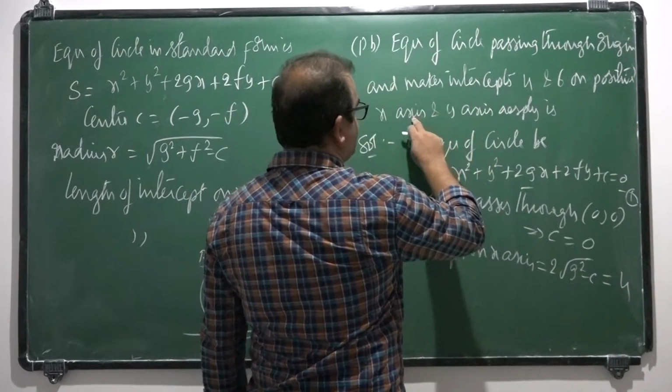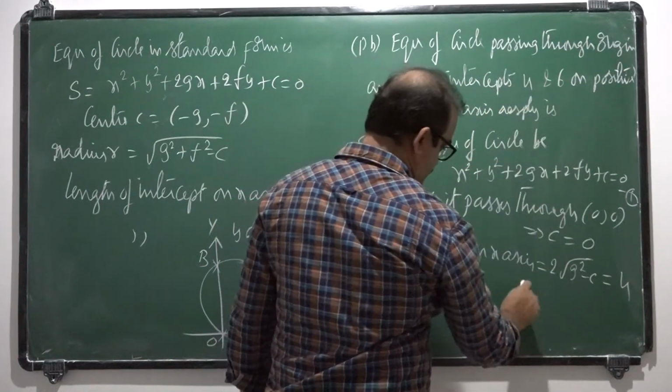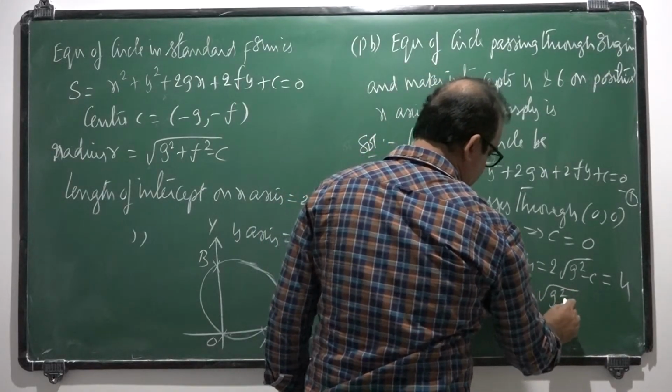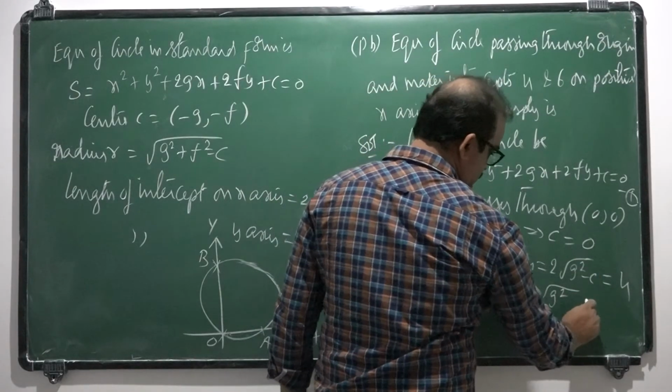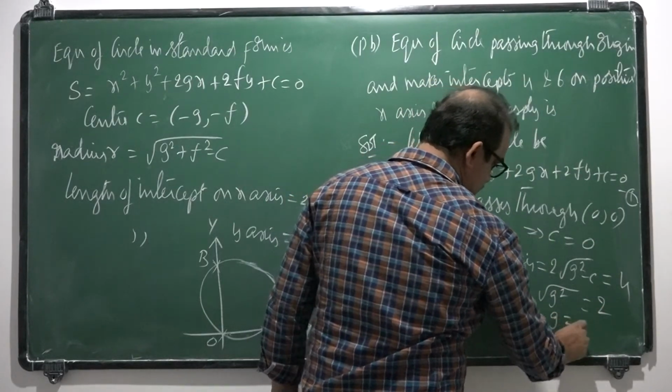The length of the intercept on the x-axis is 4, on the y-axis is 6. From this, root of g² with c = 0 is equal to 4 by 2. So g is equal to